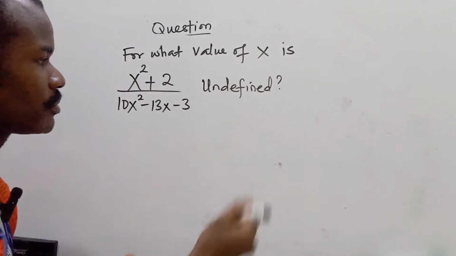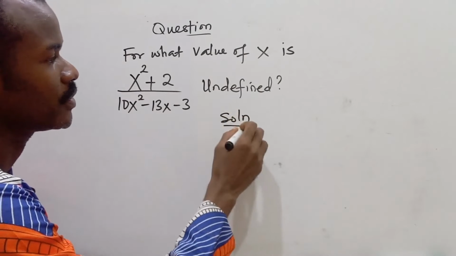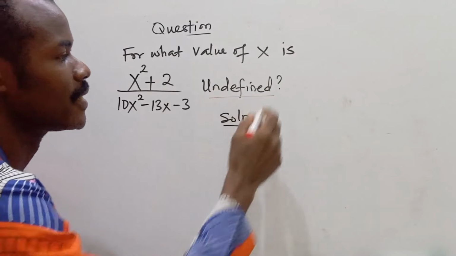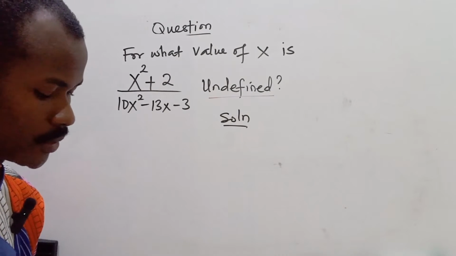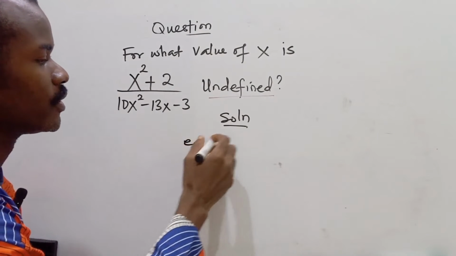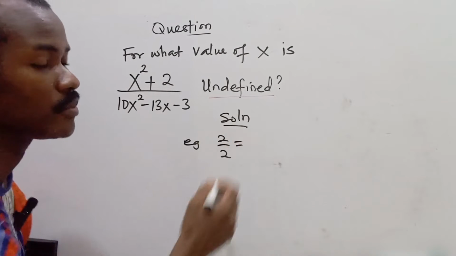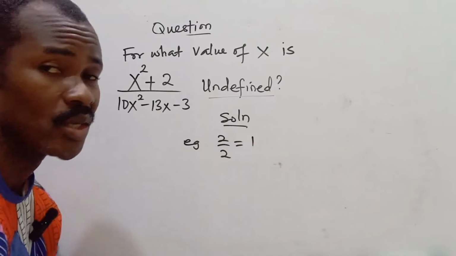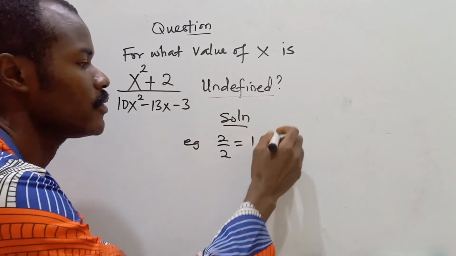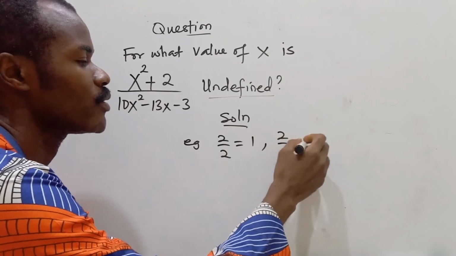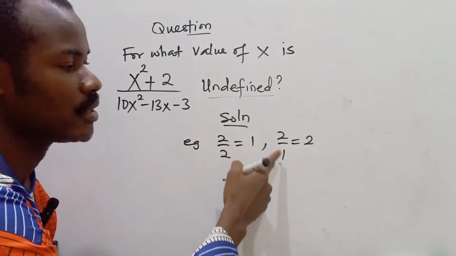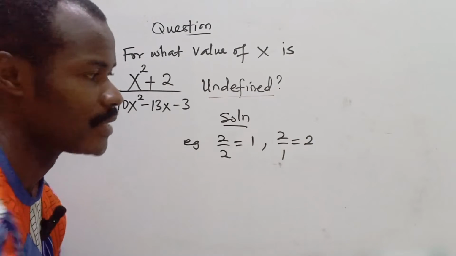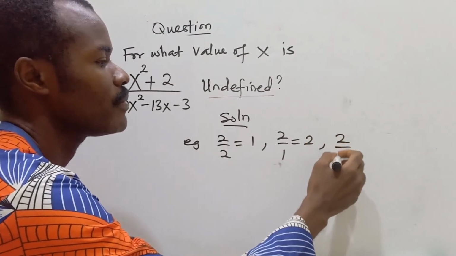So as solution, first, we want to understand what we mean by undefined. I'm going to give some examples. If I have 2 over 2, of course, we can divide this out and it is 1. So this is defined. If I have 2 over 1, what I have is 2, because if 1 divides 2, what I have is 2. So that is still defined. But if we have 2 divided by 0,